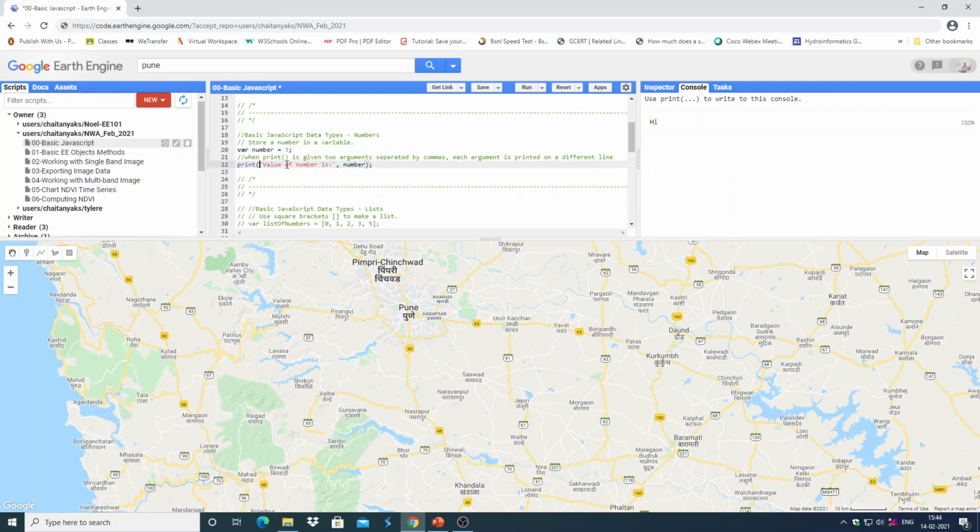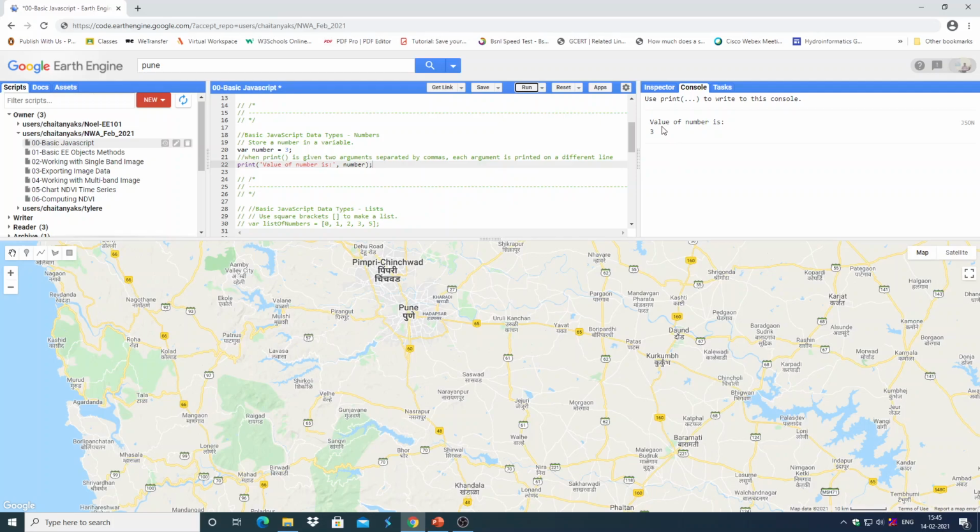Arguments are separated by a comma. Here in the first argument we are printing a string, that is, the value of the number is, and then the number, we are printing the variable which we have already declared. Whenever a print statement is given 2 arguments separated by a comma, each argument is printed on a different line. So let us execute it.